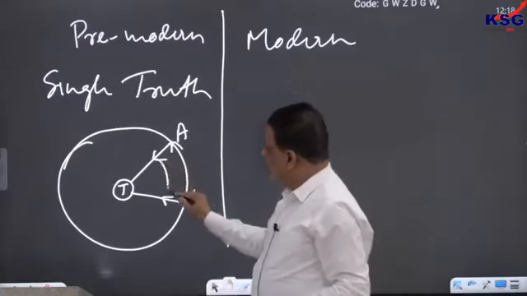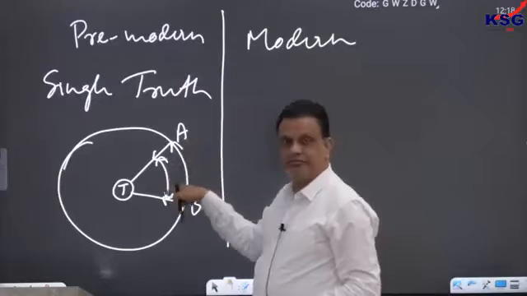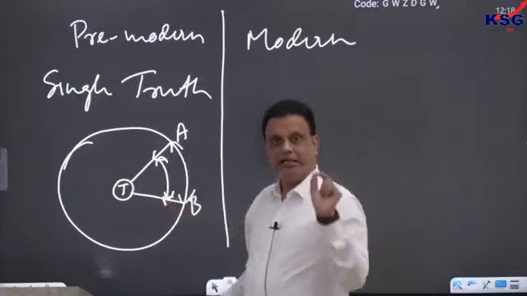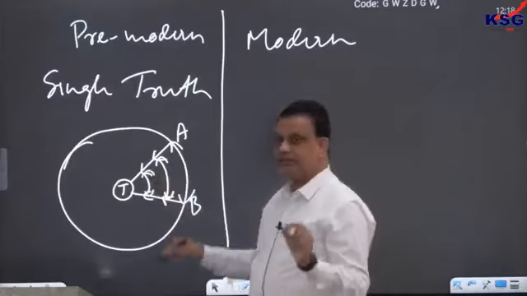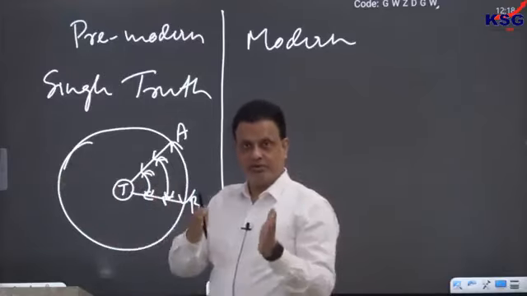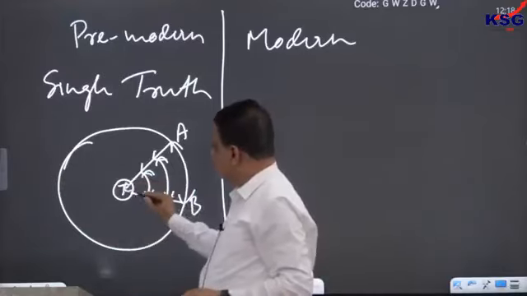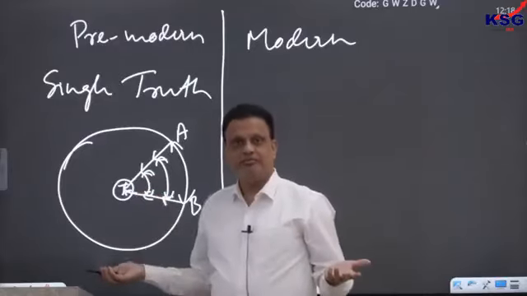Now, in this case, the distance between us will become smaller. We become closer to each other. I gain more knowledge. You also gain more knowledge. Our difference will become smaller still. We will come further close. And suppose I reach the truth and you also reach the truth, we will become the same.